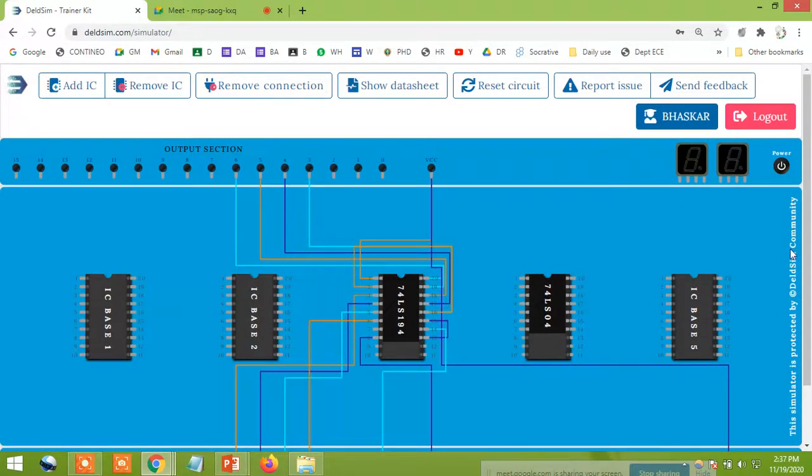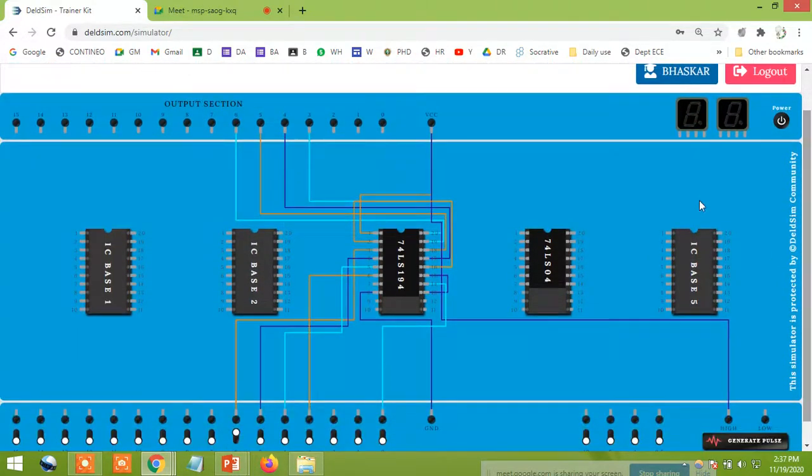Select IC 7404, pin number 14 is VCC, just do the connection, and pin number 7 is connected to the ground. I'm going to use one gate of this 7404.